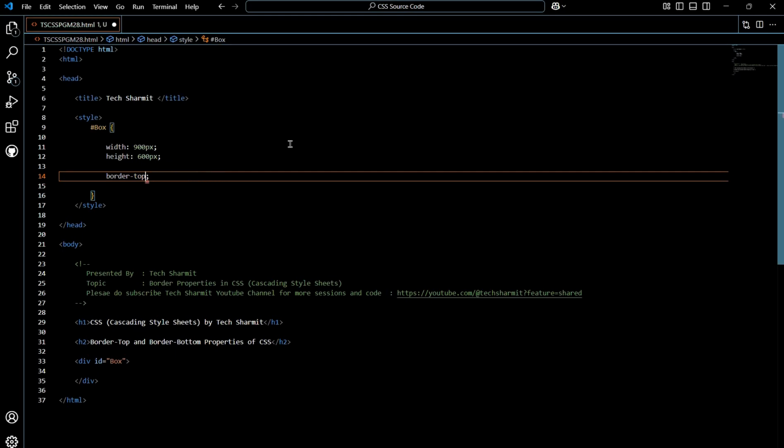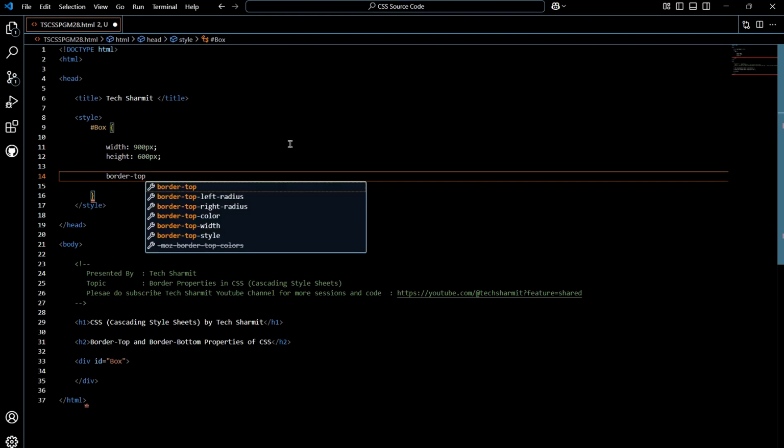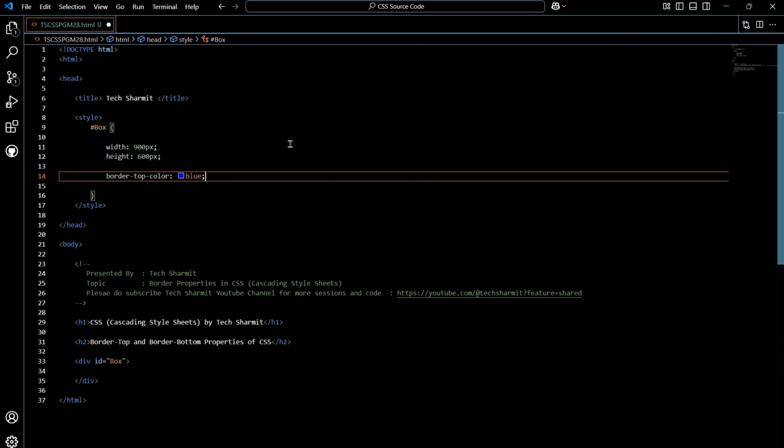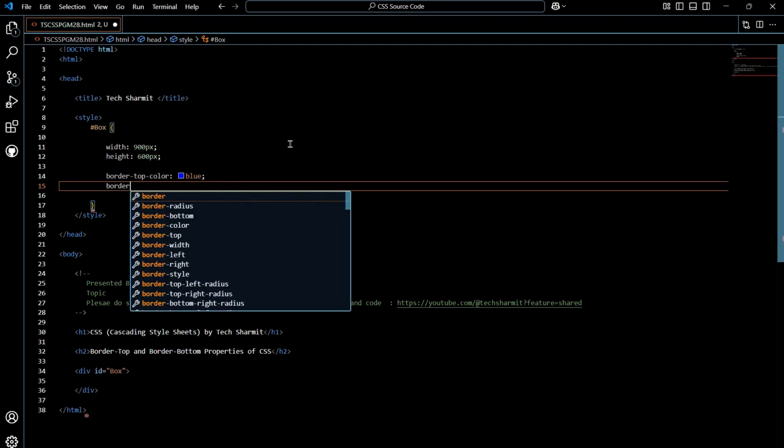Now similarly we have other options as well, like if you write border top, then we have border top left radius, border top right radius, color, width. Okay, so let's separately apply color, width and style just to show you how it works. Okay, so border top color I want this time as a blue color. Okay, then we can use border top